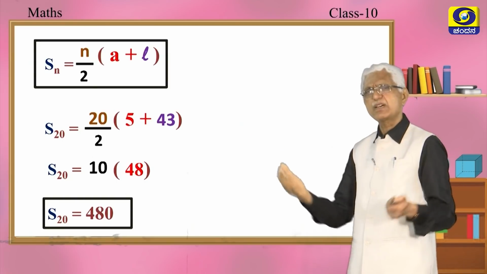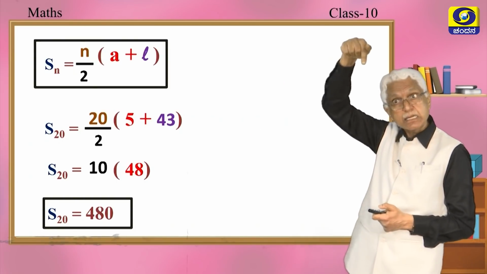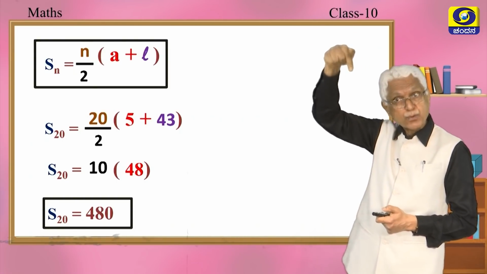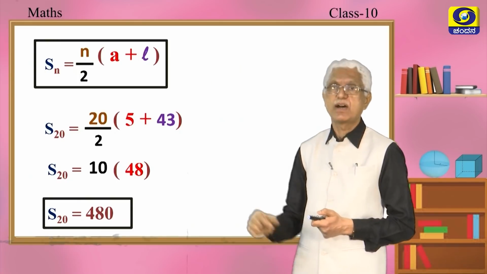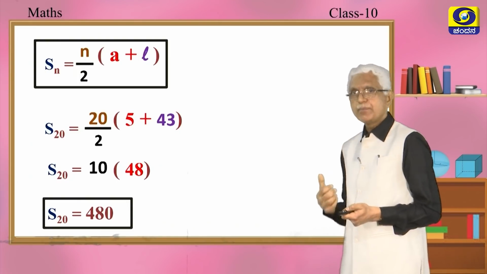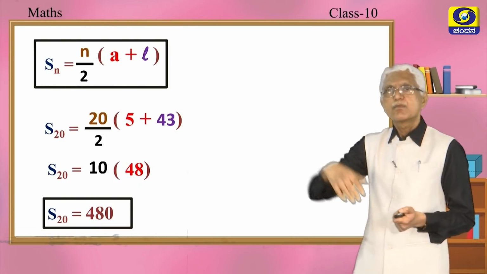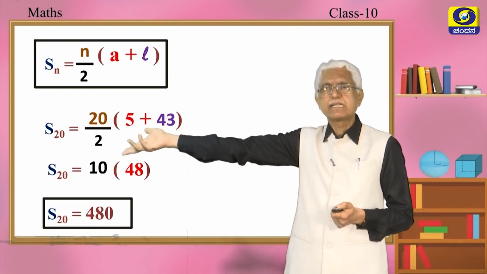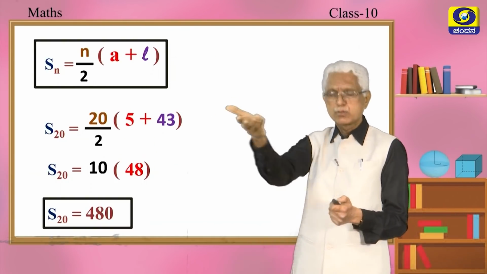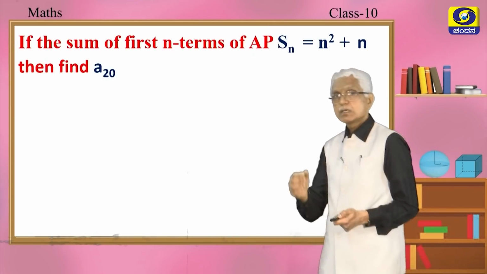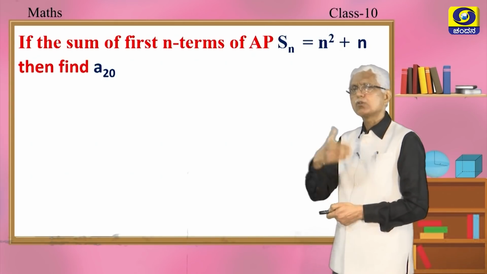So that is the sum of the first 20 terms of that arithmetic progression having the general form they had given. That means if they give you the general form, find the first term, find the required 20th term or l, and use the formula. The same problem could also come in a different form.